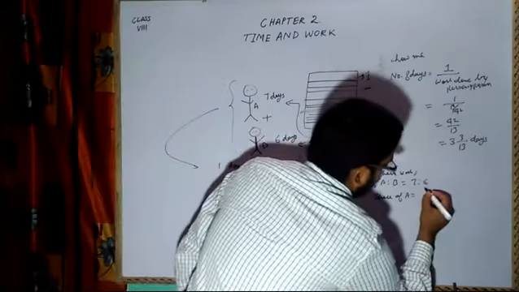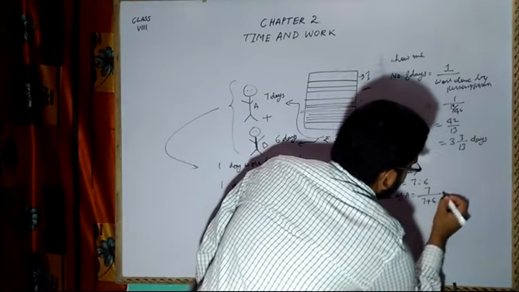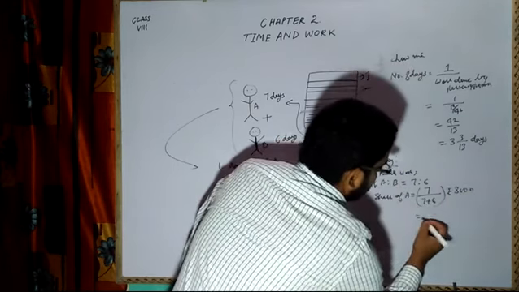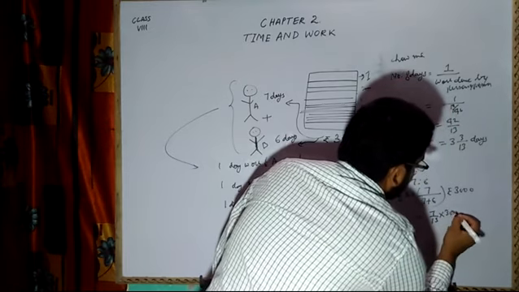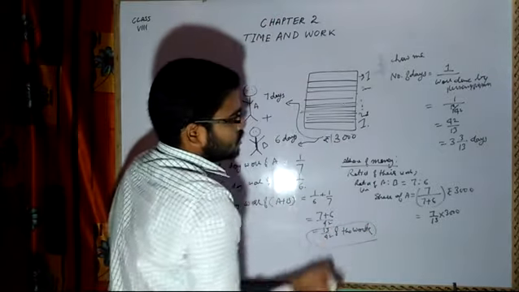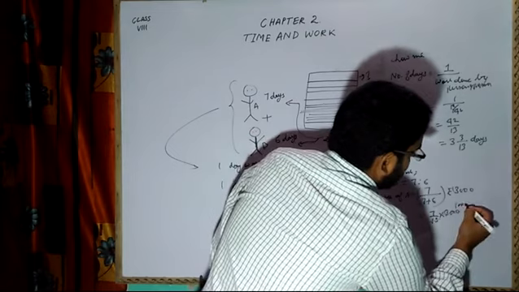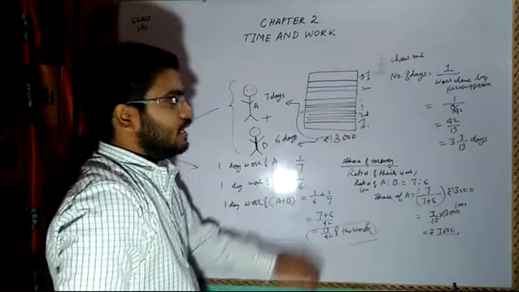7. A will be able to do 7, out of 7 plus 6, and how much money do I have to pay? 3,000. So it will be divided into 3,000. Now 7 by 13 into 3,000. Okay, now if I say 13,000 only, so that it will be easy for our calculation, so 13 into 1,000, that means rupees 7,000. Who will take? A will take.